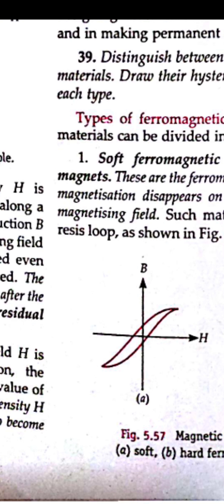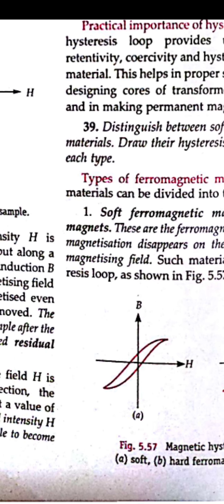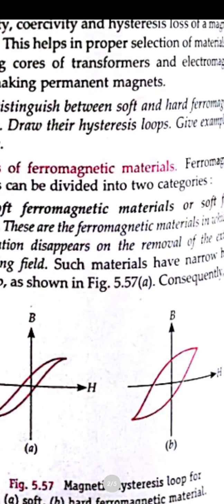which gets easily demagnetized, or gets completely demagnetized, when the external magnetic field is removed. And this graph shows that it has low coercivity and low retentivity, but the relative magnetic permeability is high. Okay, now if we talk about a hard ferromagnetic substance, this will be a hard ferromagnetic substance.